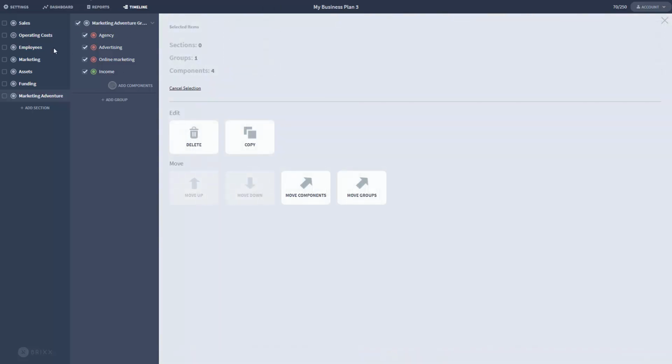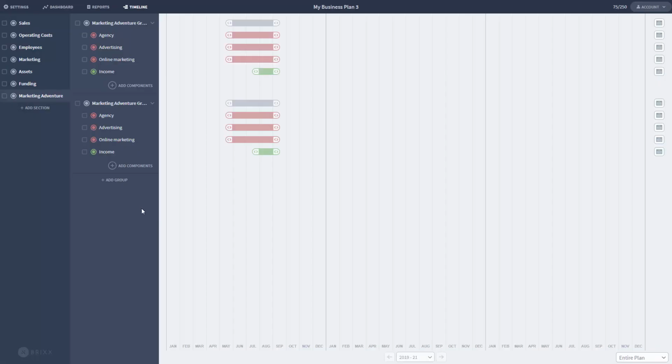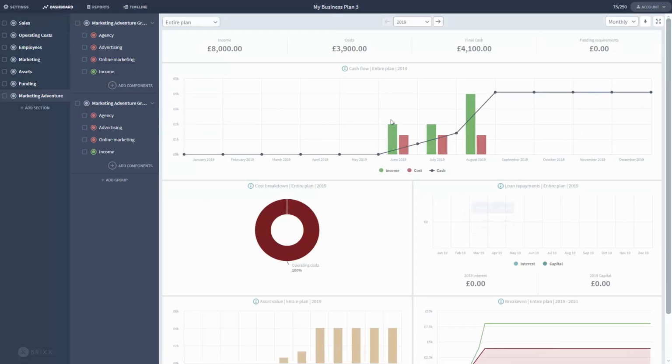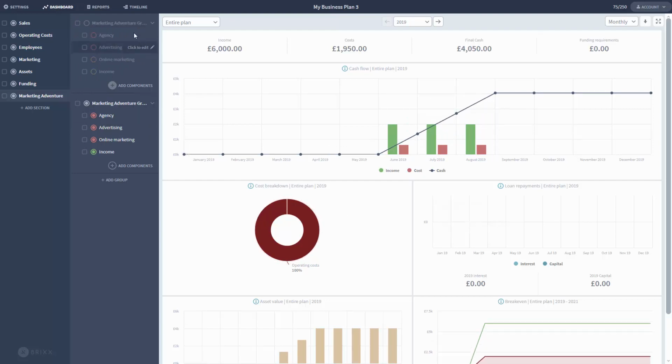Because you can copy these items. So if I've just selected this, and if I press copy, I've now got an exact duplicate of this project that I'm doing. And let's say this one is going to be a bit more successful. If I go back to my dashboard now, I've got the results of both of these happening at the same time. But if I now turn this off, now I'm looking at two versions of the same project with slightly different parameters,